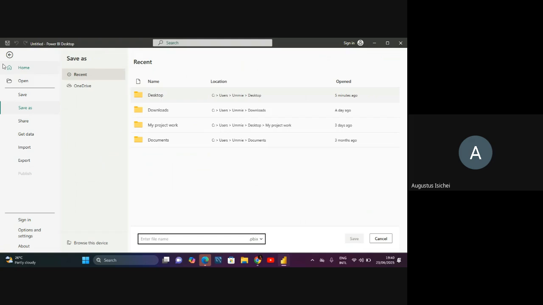It's also very important that as you're working on anything, you save, because you can lose your file. And when you start with the main work, data cleaning and all, there's a part that